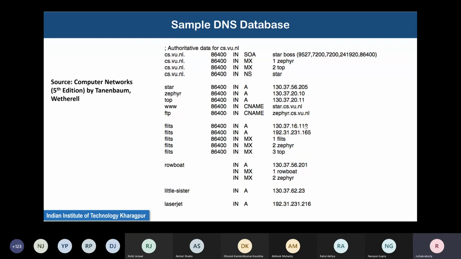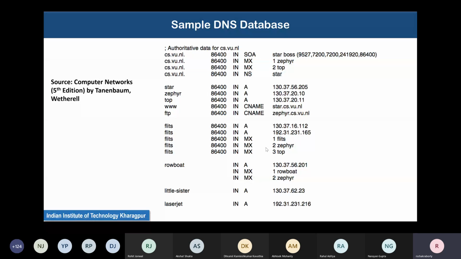Then there are other IP addresses. One machine has 2 IP addresses. I'm not fully sure what this exactly means. There is something called flits. It has 2 different IP addresses listed.